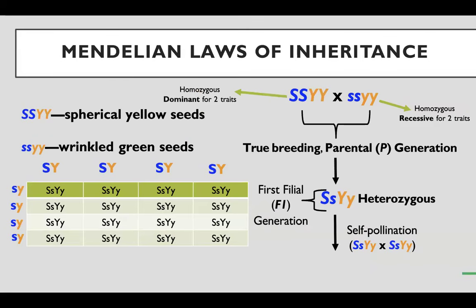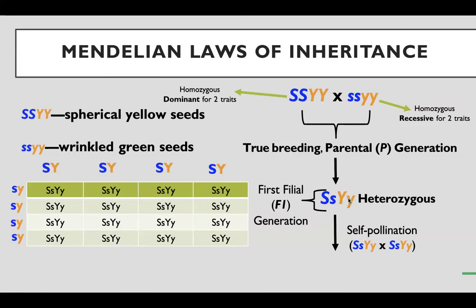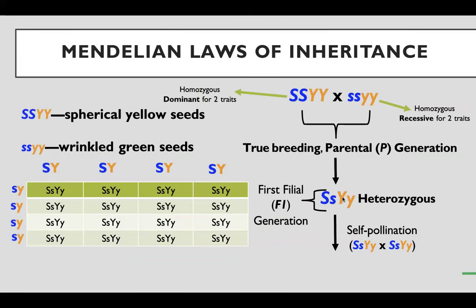Another way students think about it is in math terms. If you label each of these alleles as numbers, let's say this is number one, number two, number three, number four, your four combinations will be 1,3, 1,4, 2,3, 2,4. So 1,3 in this case is uppercase s, uppercase y, as you see here. 1,4 is uppercase s, lowercase y over here. 2,3 is lowercase s, lowercase y, and 2,4 is lowercase s, lowercase y, right here. Yeah, that's the box method.